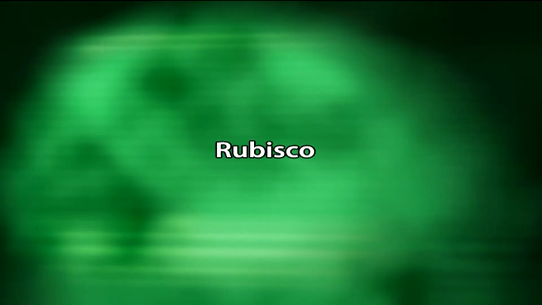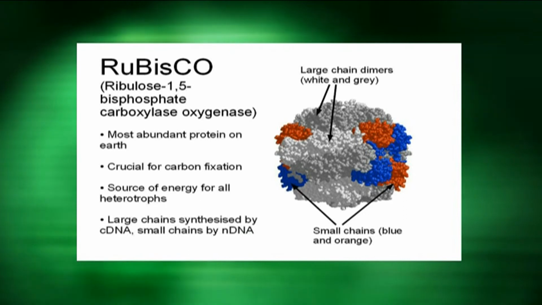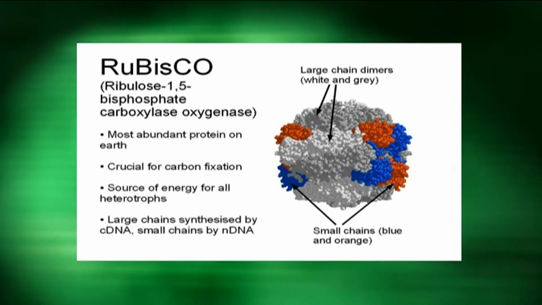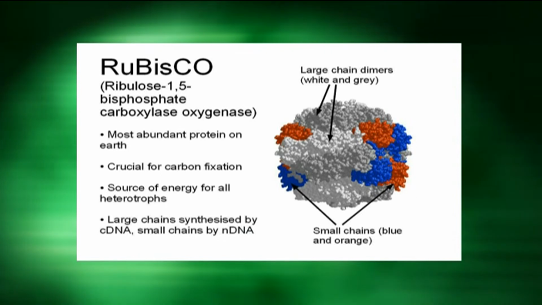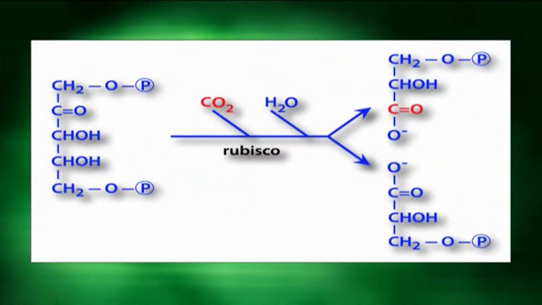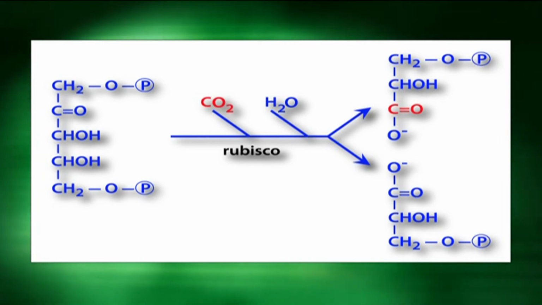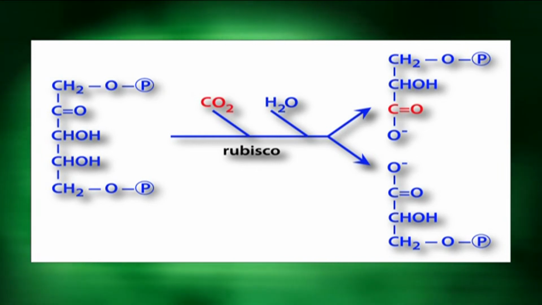Rubisco, the carboxylating enzyme. The plants adapted to high light irradiance have a high content of rubisco per unit of leaf mass than sciophytes, which have a low content of rubisco per unit mass. The high content of rubisco in sun leaves is justified by the high rates of energy capture and subsequent higher needs of carboxylation in them, while shade leaves show a low rate of carboxylation as a consequence of low energy capture. The photosynthetic rate is also adaptive.